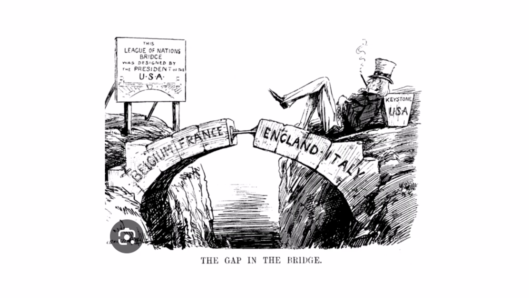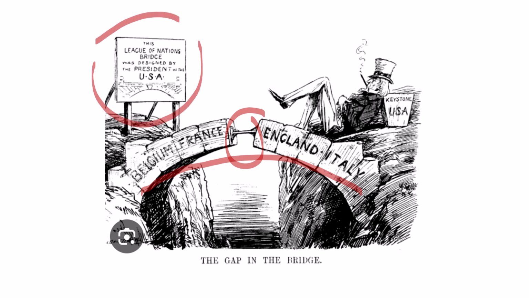And we can see this in the cartoon here, which was a cartoon from last year's GCSE exam, and it's a very common one. We can see the bridge of the League of Nations here, and there is a gap. So if something is trying to cross that gap, it would fall through. It shows that the bridge is unstable, and the bridge represents the League of Nations. So the League of Nations is unstable, and the only thing that's going to make it stable is Uncle Sam and the America Keystone,